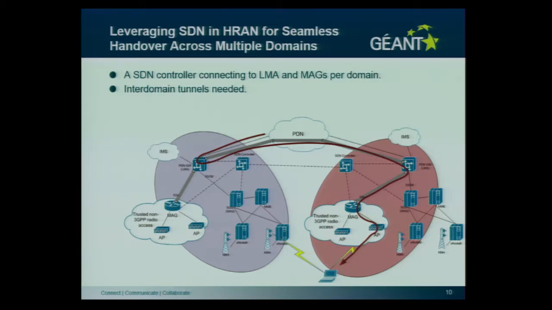Since we're maintaining the IP address unchanged, the traffic sent from the internet or from the server will still be received by the home anchor. This node belongs to this domain, and this anchor is this node's home anchor. So the traffic will still be received by the home anchor, and the home anchor will have to forward the traffic just as PMIPv6 did. We forward this traffic through the tunnel back to the other domain, and then the traffic can be decapsulated and sent to the node, as here.